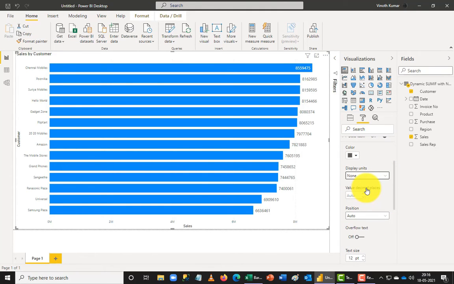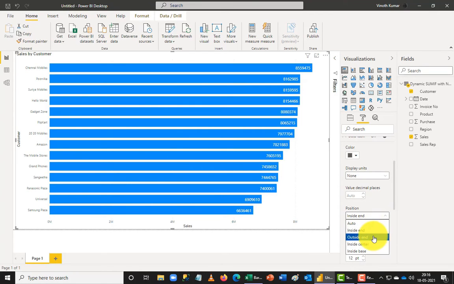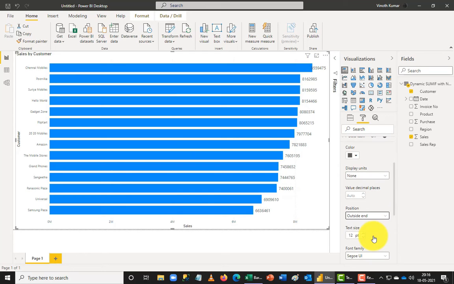So that's going to show you the entire valuation here, and you can see that the data label is auto adjusting because the current bar is a little bigger than this. If the data comes outside the bar, it may not show the data clearly. Now you can see them very clearly that it is automatically adapting to the data part here, and then it shows the dimension here. And if you want to position them, you can position them either inside end, so that all of them will be in one uniform, or you can say outside end.